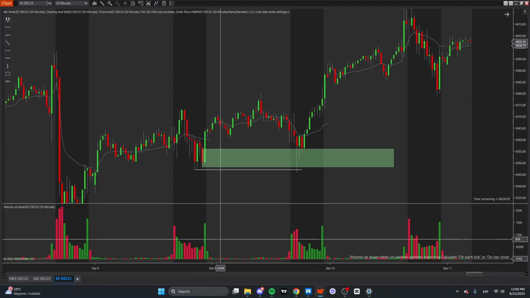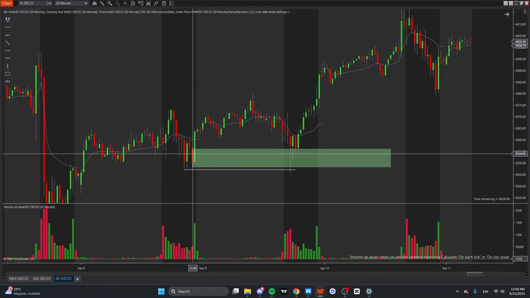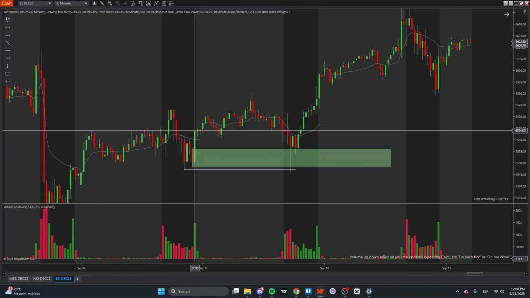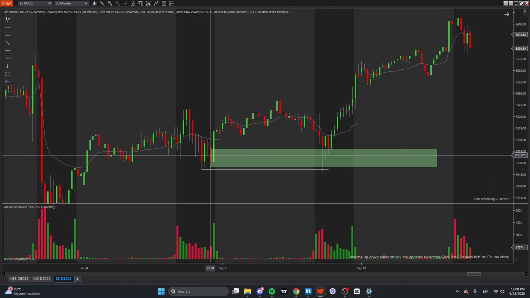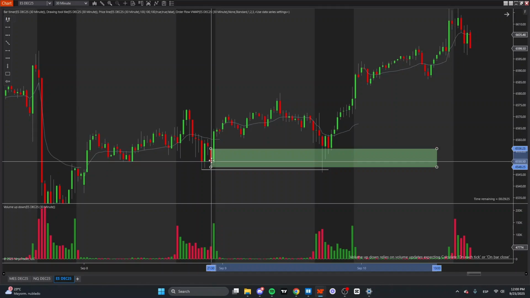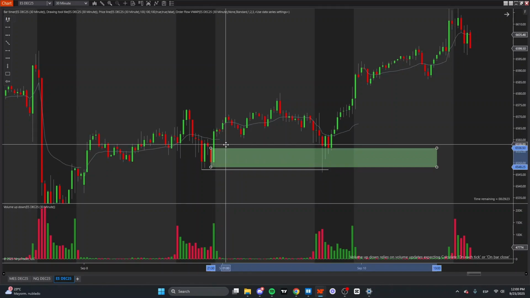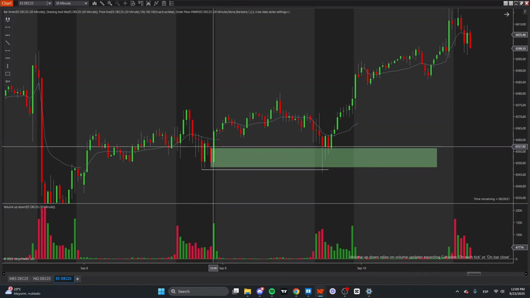And why do I actually do that? Because price came back into this support level again and then rallied very aggressively, creating this large green engulfing candle above that red candle, right? So let me show you on the lower time frame what I would look for as well to further validate